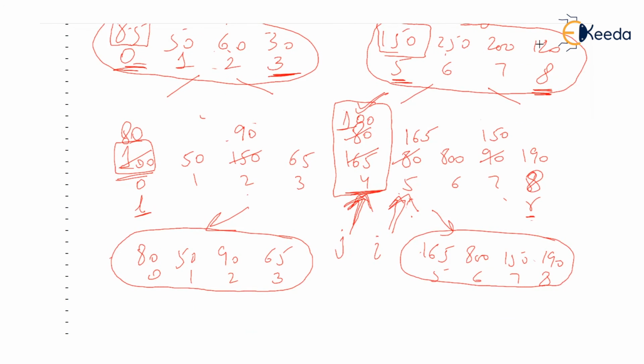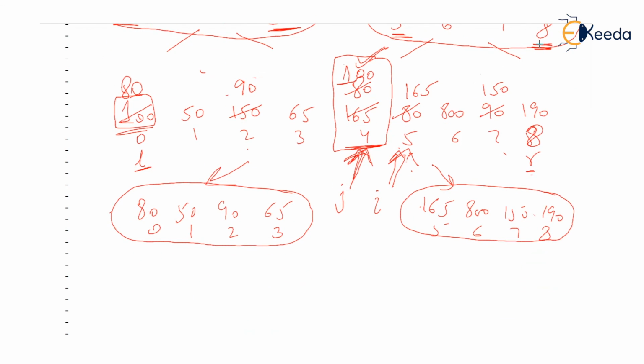What will you do with this left partition? Warning, never say you are going to partition it. Agreed, you are going to partition, but think recursively. Tell that I am going to sort this left partition, and you always say I am going to sort this right partition. And while sorting, you will do partitioning. If you cultivate this habit of thinking and even talking recursively, then development of quick sort function in C language or the algorithm for quick sort will be very easy to manage. Thank you very much.